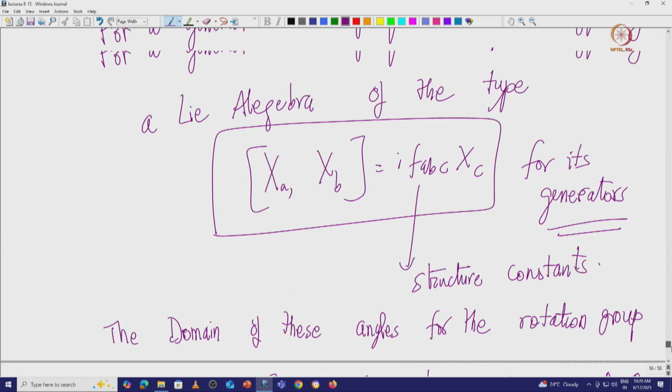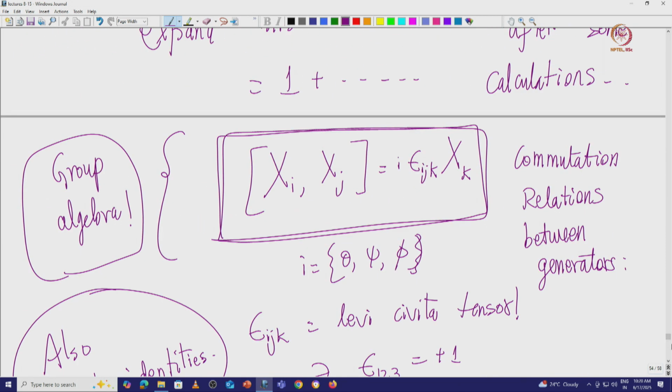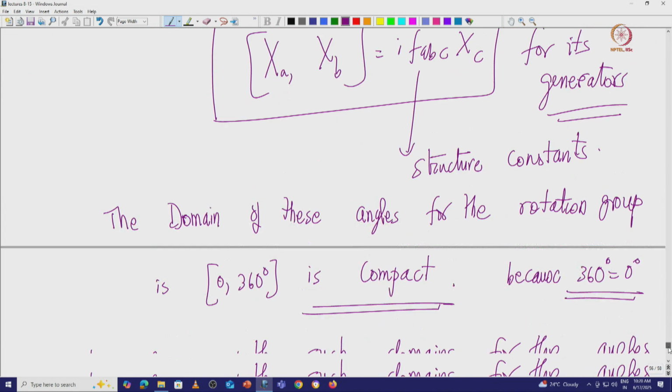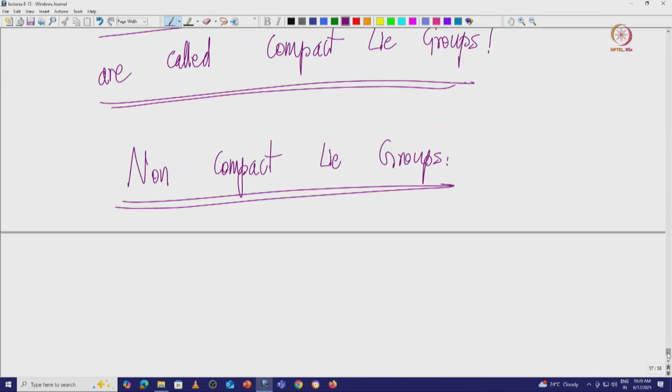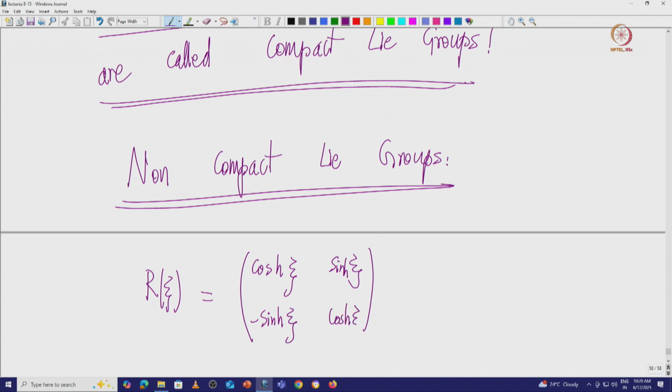Now rotations, we know these compact Lie groups are there in nature, we observe them all the time essentially. Now what about non-compact Lie groups? Are there examples? Let us consider an example. Let me consider something somewhat like a rotation, but it is not actually a rotation. Instead I consider cos xi in 2 dimensions. Let us start with 2 dimensions: sinh xi, minus sinh xi, cos xi.